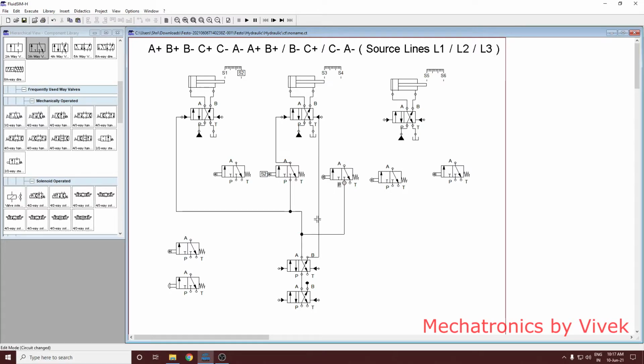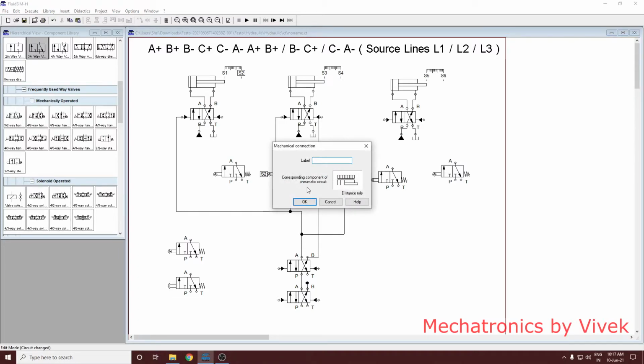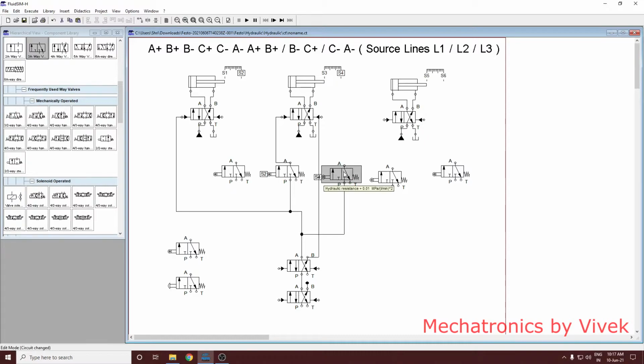Okay, so this is nothing but your S4, right? And you also need to connect, because through sensor and the cascade valve this is happening, so we'll connect it here. Right, so this is now B minus we have done.